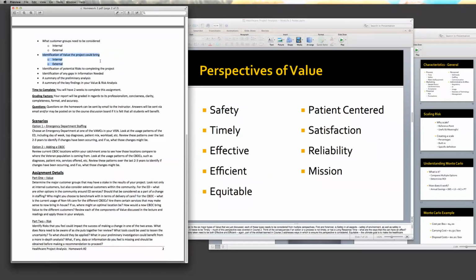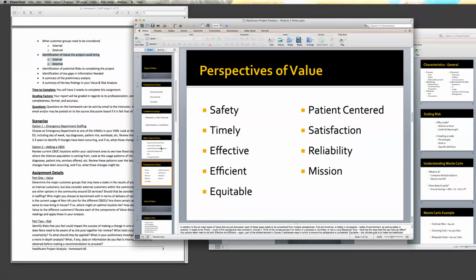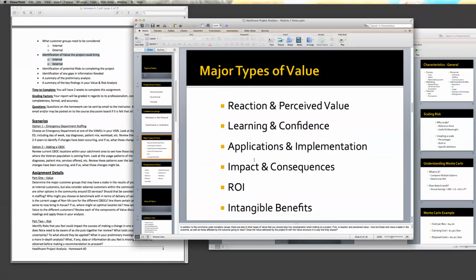timeline, everybody, whether or not they voice it, is thinking in their head, well, what's in it for me, right? Anybody who's dealing with the implementation, the staff that is going to be continuing the project on after you're done, they're thinking, what's in it for me, okay? And that's where these types of value really come into play. If you've thought about this ahead of time, now you've got something when somebody says, well, what's in it for me? Maybe not quite like that, but in a similar way, well, how is this going to